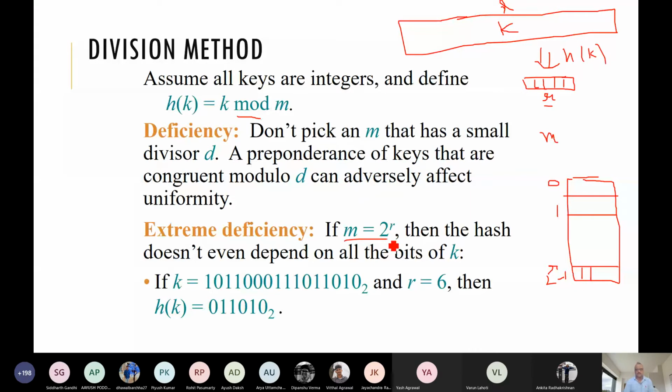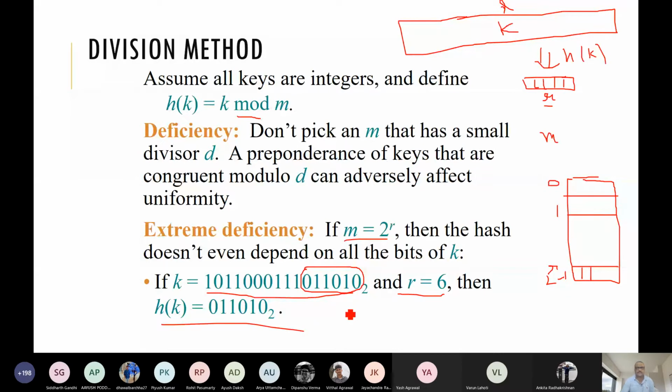Now if we have this situation, what is the drawback? Any drawback you can feel? Suppose we have a key like this, of any size. So the key is L bits, and our r is 6 bits. Now if we take the key mod 2 to the power r, then what will h of k be? If you observe, this is basically the last 6 bits. Why is it so? Can you tell me why?